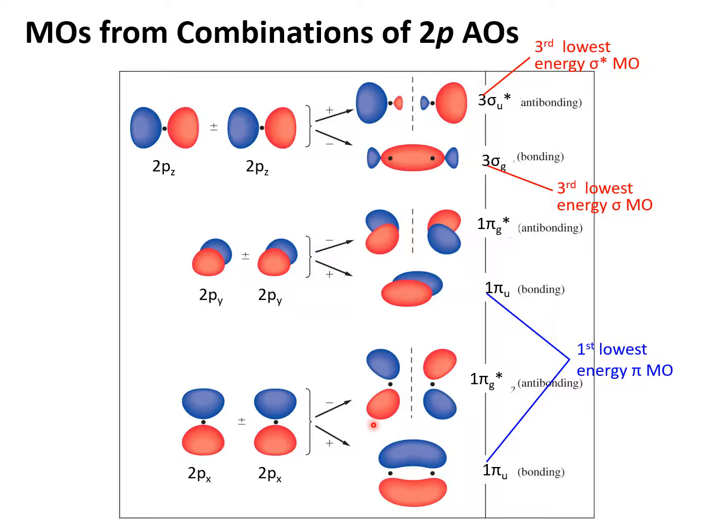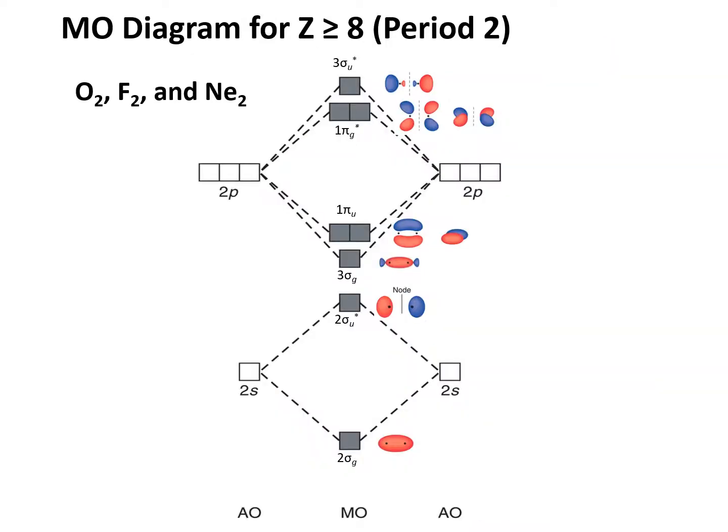In this case, it moves from red to red. And therefore, the antibonding MO has the symmetry g, or gerade. Right? And again, it's given a 1 in front of the pi because it's the lowest energy pi star antibonding molecular orbital. Putting everything together gives us the molecular orbital diagram for O2, F2, and Ne2, which are all